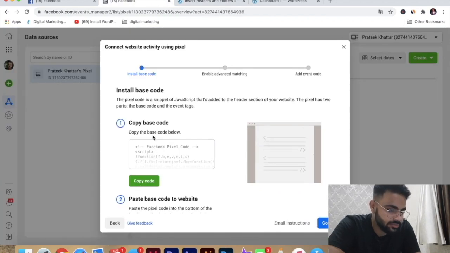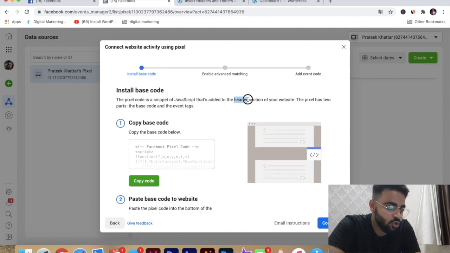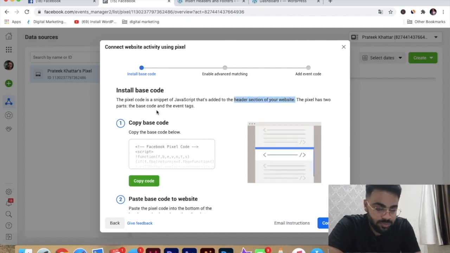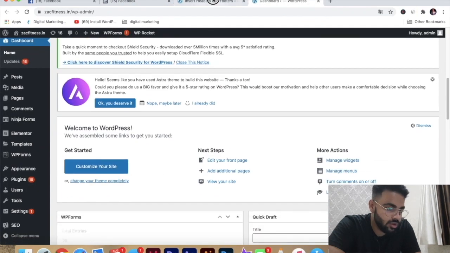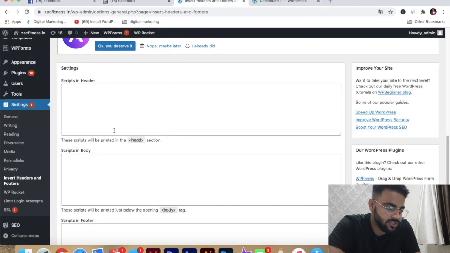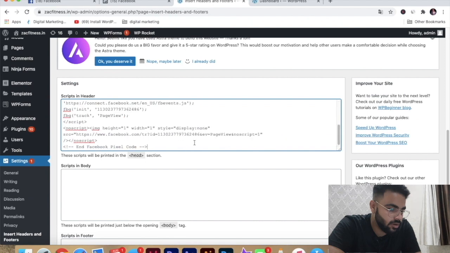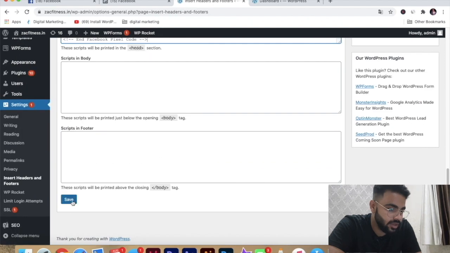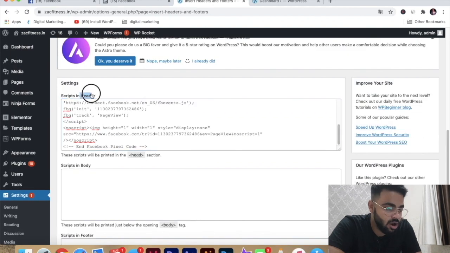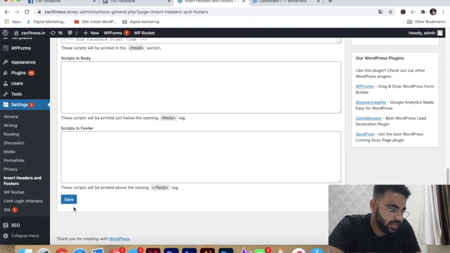Copy it again. It clearly mentions to add it to the header section of your website. Go back to Insert Headers and Footers. Paste the code. Check again if it's in the header section, if you have pasted correctly.